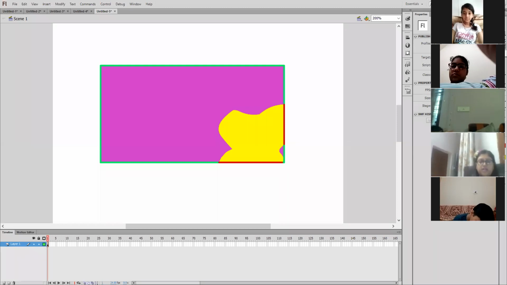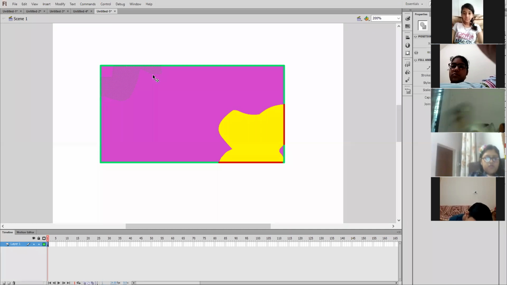See, again I've selected the lasso tool. Now again, I will be drawing an irregular shape on the object. Clear? Now this part of the shape has been selected.